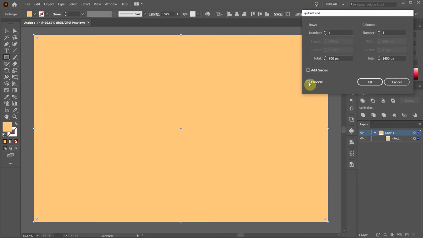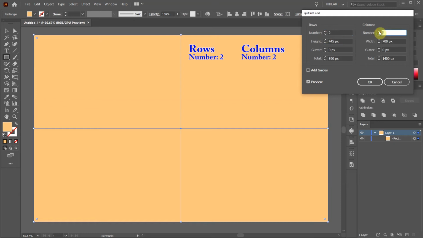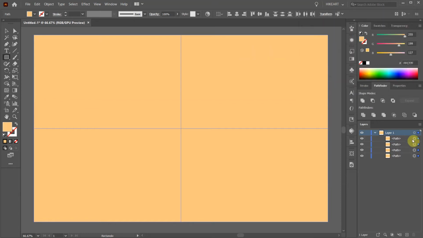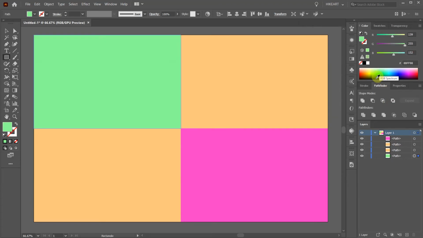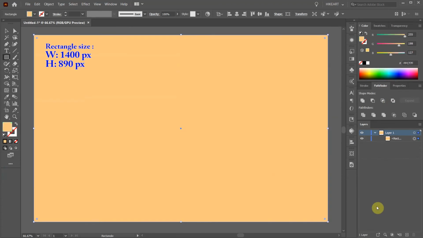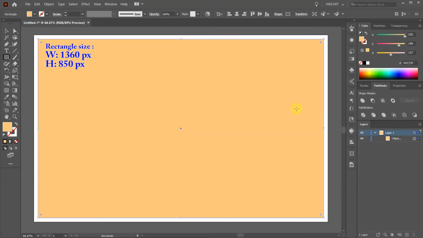Check the preview box to see what we are doing. Here we can adjust the number of rows and columns. Let's create 2 rows and 2 columns. We will notice 4 new shapes. Let's undo it. Now we will change the width and the height of this rectangle to create a 40 pixel